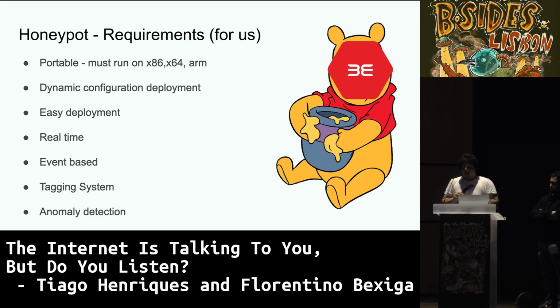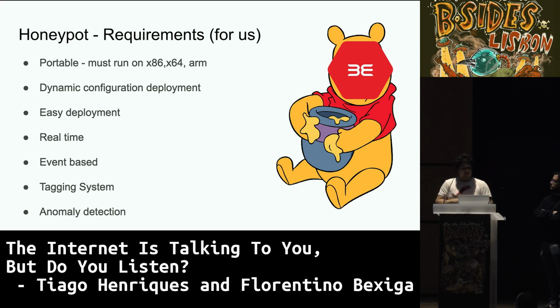So, when thinking about honeypots, we decided that we wanted to understand what other people were doing. We thought, okay, what are the honeypot requirements for us? And we ended up gathering this list. It needs to be portable, run on x86, x64 or ARM, because we might want to put it in a server. We might want to put it in a Raspberry Pi that sits at home as well, because there is a difference between listening on an enterprise IP address and listening on a residential IP address,